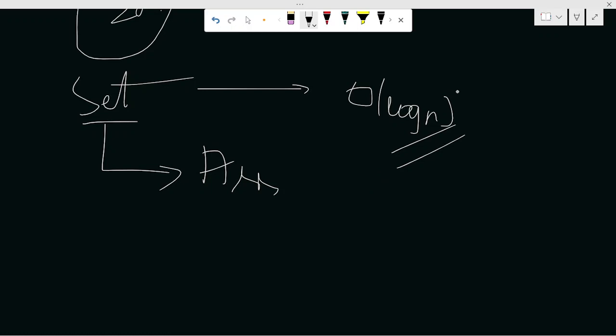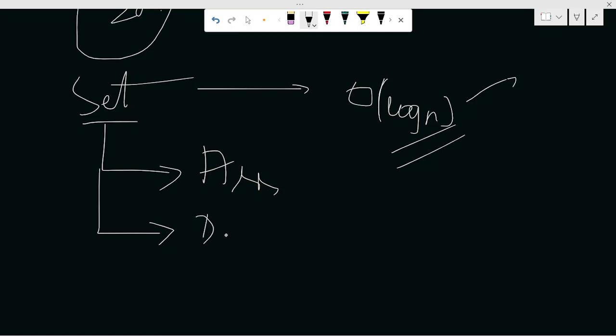It works in log n because you need to insert each and every element of the array, so you need to traverse through the array. But when it comes to set, it reduces the time so much because it uses a binary tree, similar to maps. Another important thing that you can consider as an advantage or a disadvantage is that